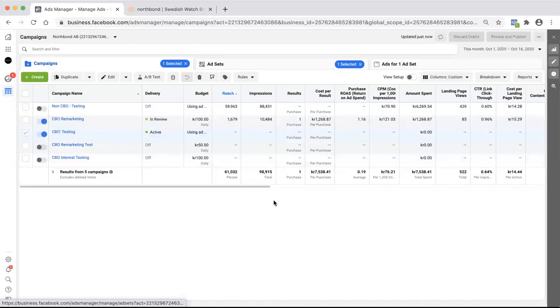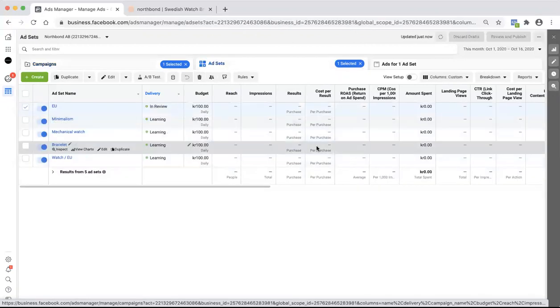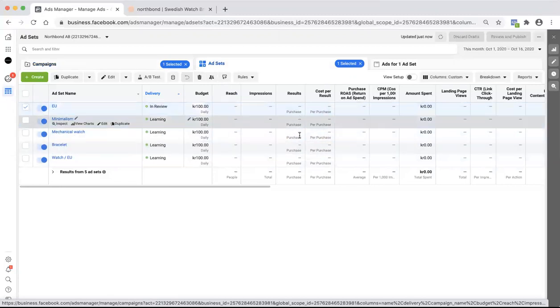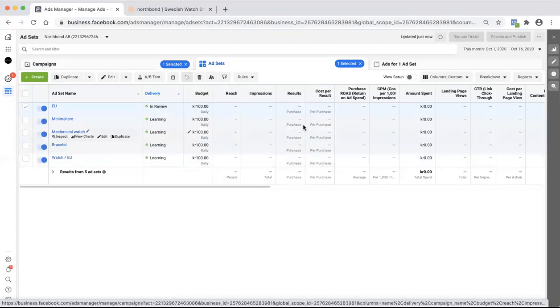And should I stick with the ABO, and when I see results, maybe do CBO then? Yeah, here are a few use cases. If you see one purchase on every single one of these, or two purchases on every single one of them, just stack them all together and scale it up. If you see six purchases and one with zero purchases, cut that one.